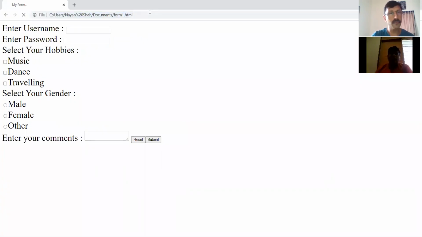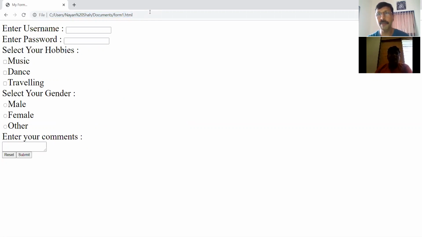Rohan, is the browser screen visible? Very good. We have called a guest from M4 today, and that is Rohan Trivedi, so that at least there is one student in front of me. He can point out if any mistake or anything is not properly visible. So welcome, Rohan, and thanks for sparing your time and sharing your experiences with your classmates and with me also, where I can improve.